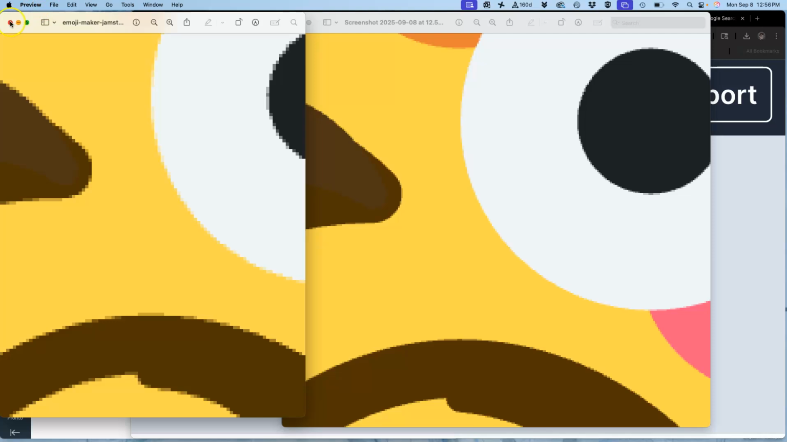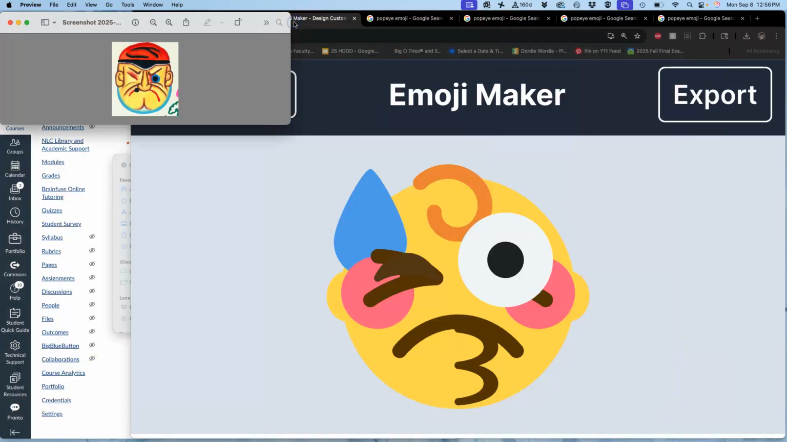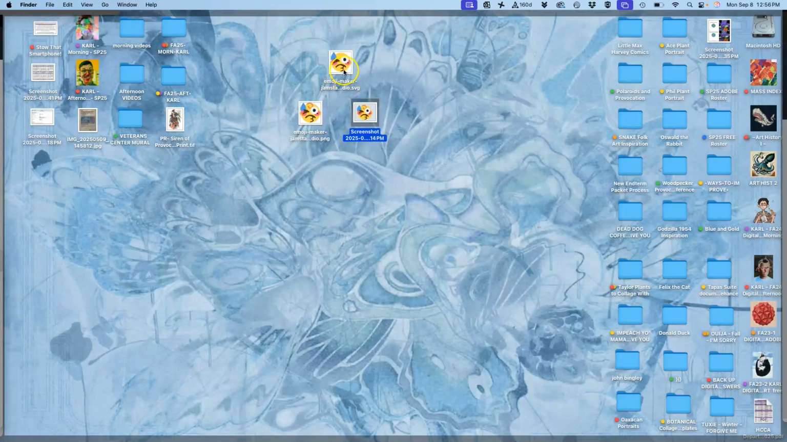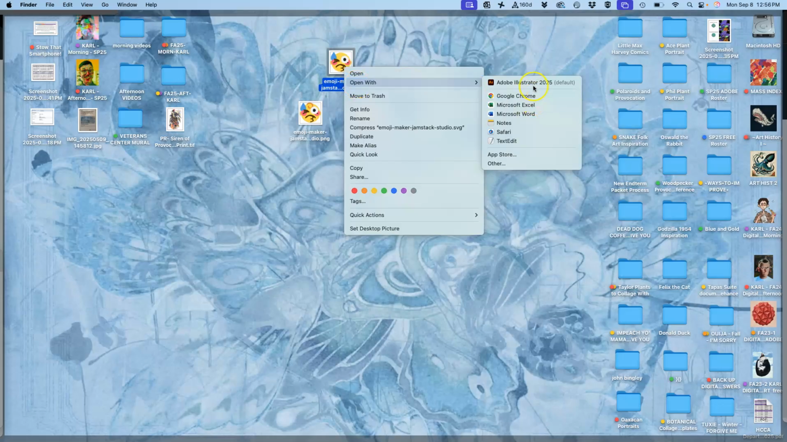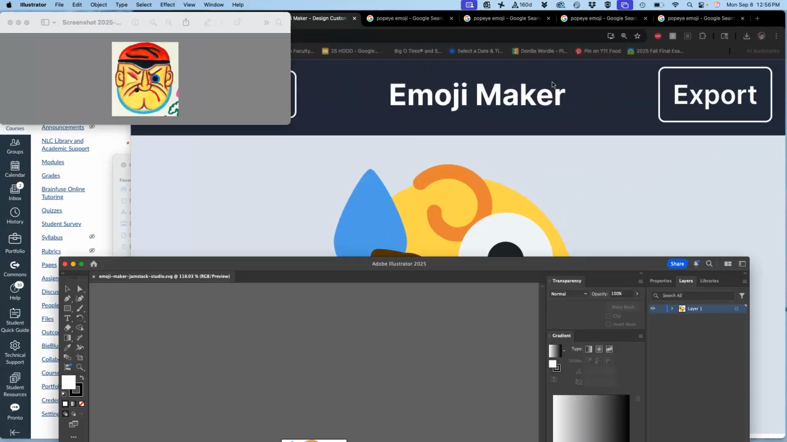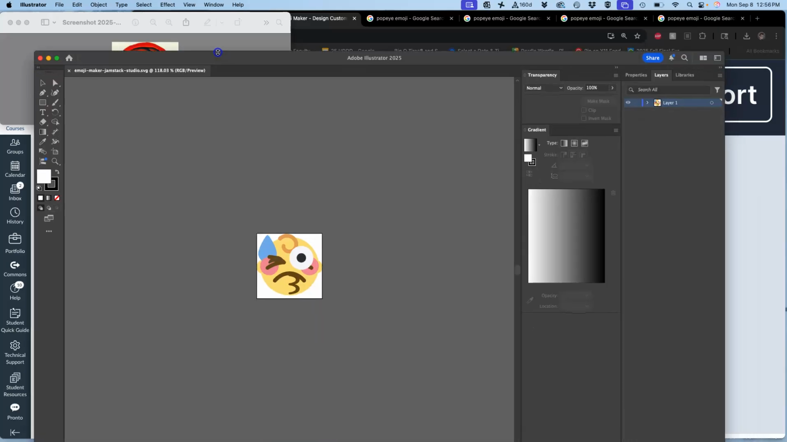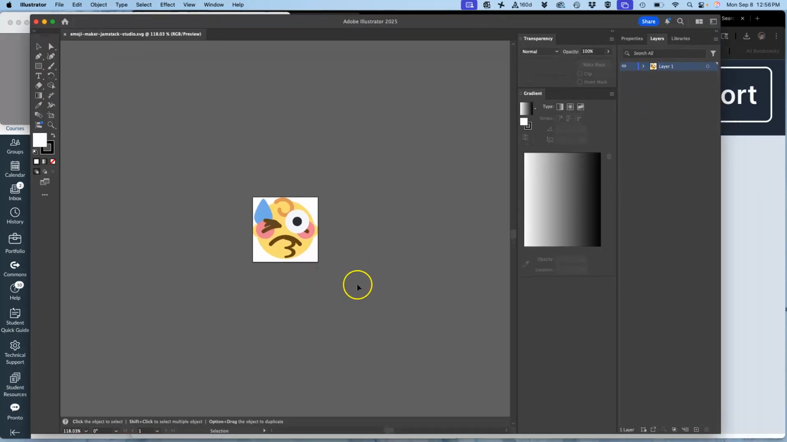Now, I'm going to right-click, and you don't need to do this, so you can if you want to. Right-click and open with Adobe Illustrator, the SVG. Illustrator is our vector program. We're going to be learning this to make our own logos and our own type design. But for now, we're just using it to